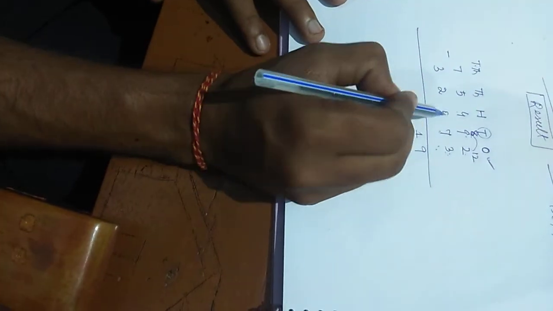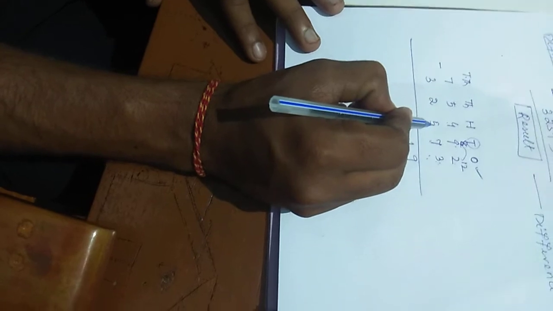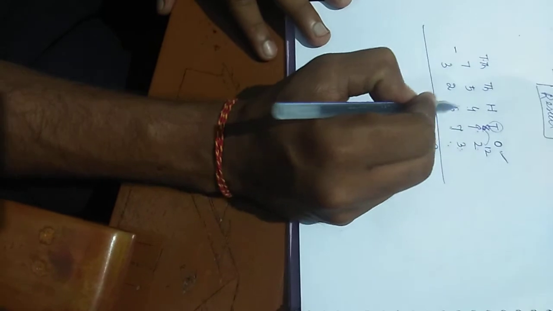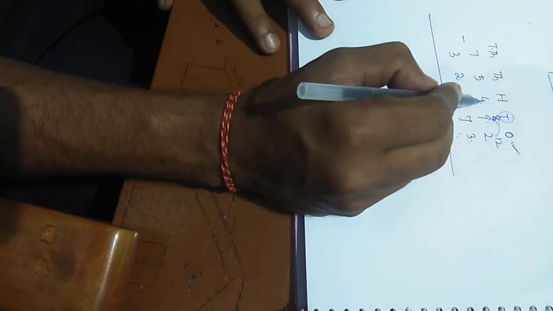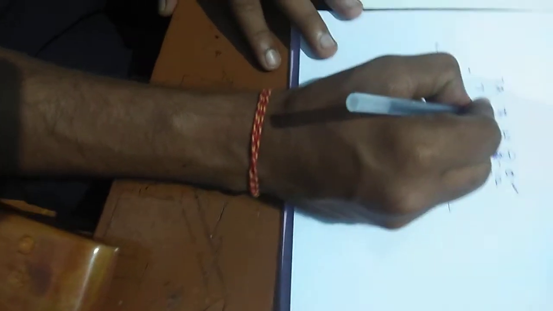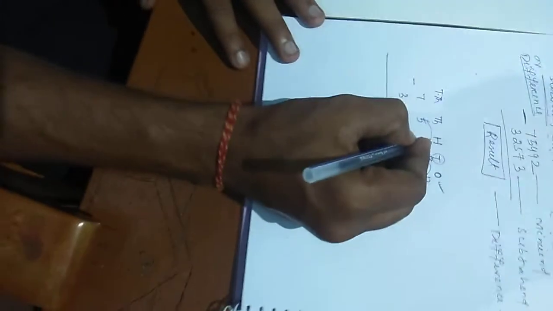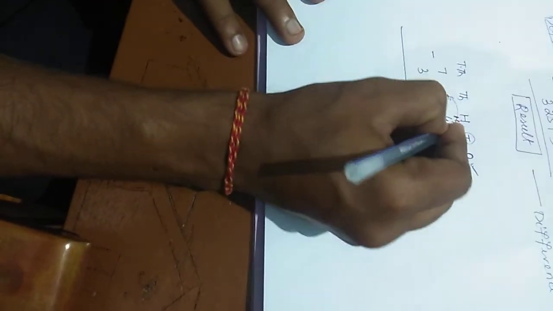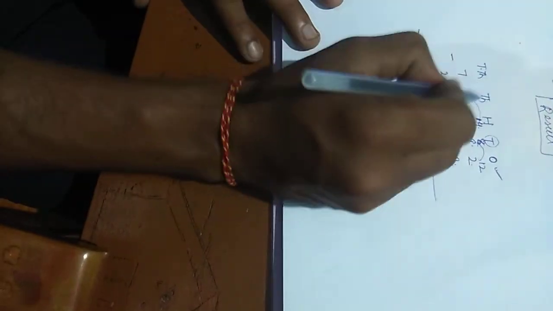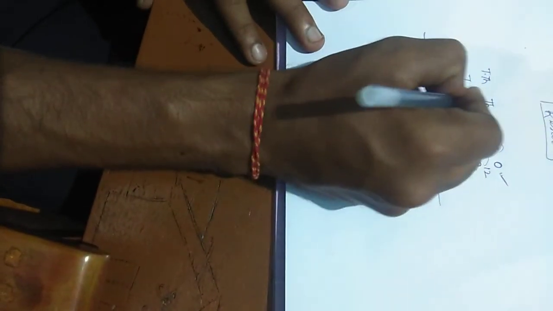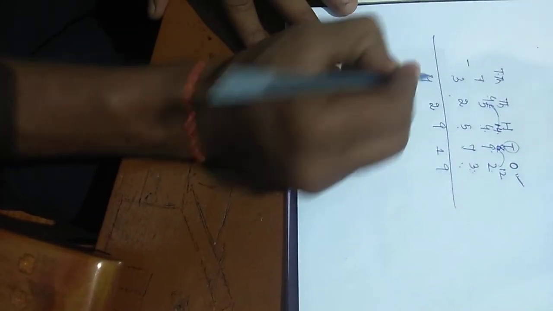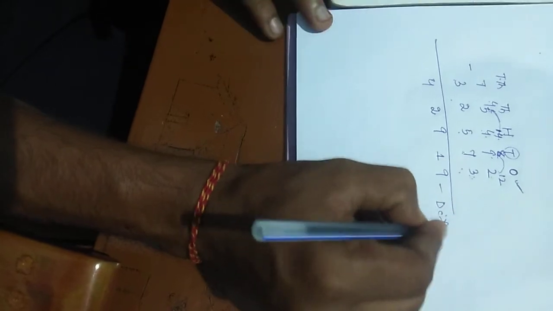Then 4 minus 5, this is not possible because 4 is a lesser number than 5. So what will we do? We cannot subtract 5 from 4 in the hundreds column. So we borrow 1 from the thousands column, so it will become 14. So 14 minus 5 became 9. So after giving 1, it will become 4. So now 4 minus 2 became 2. Then 7 minus 3 became 4. So this is your answer. This is your difference.